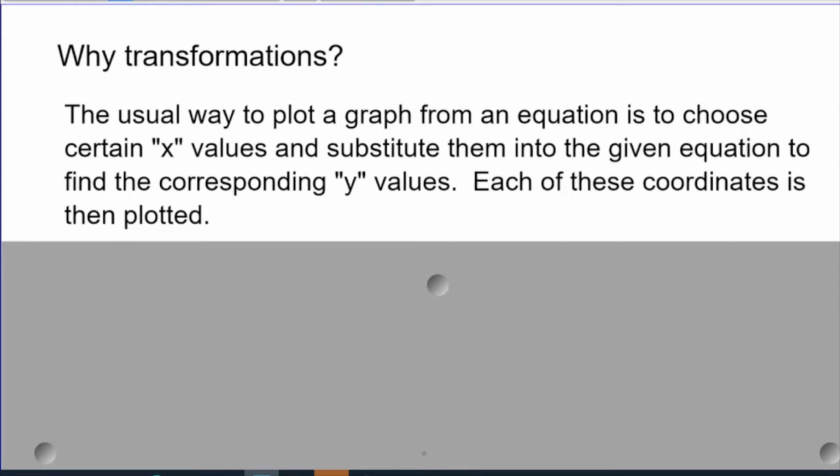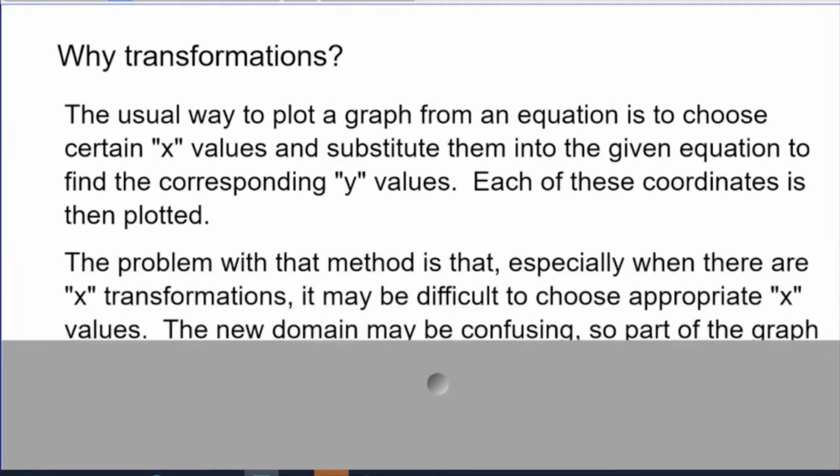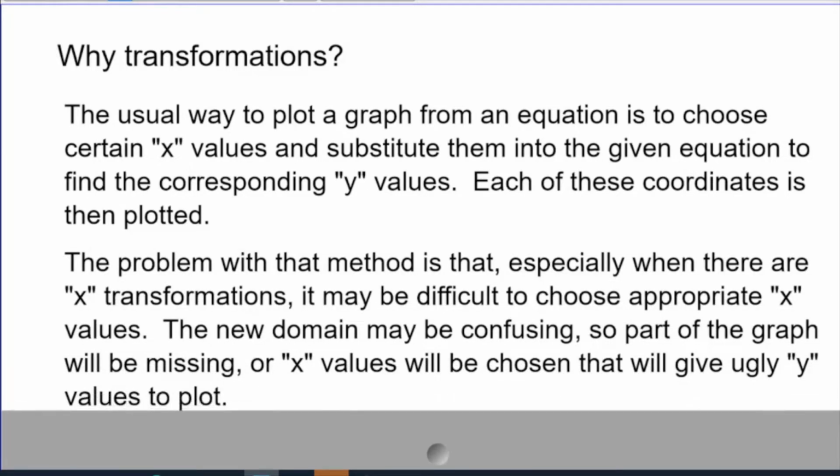Usually what we'll do is we will choose a bunch of x values and substitute them into the given equation for the function or relation. That'll give us the corresponding y values. We'll set up a table of values, and then we'll plot all of those points. But the problem with that is that